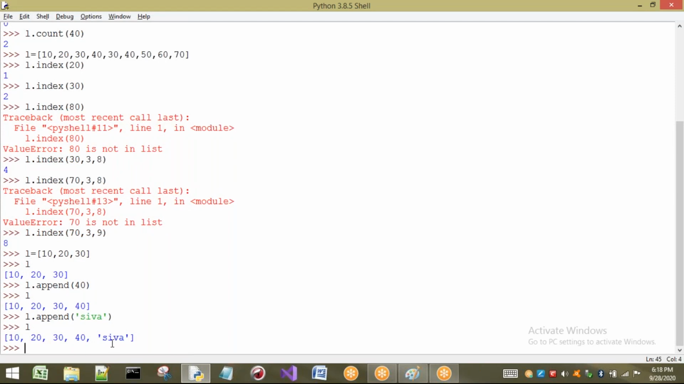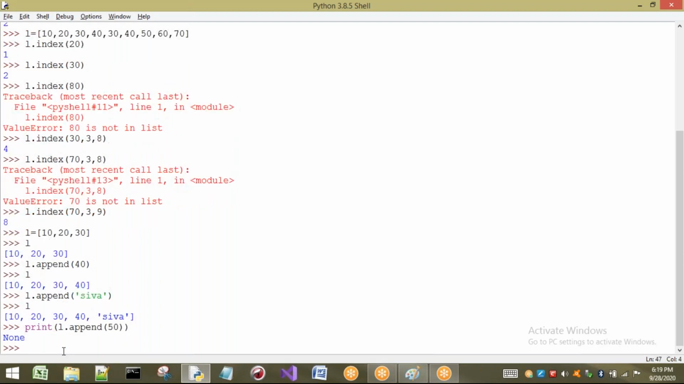Now if I write print, see, if you observe here, L dot index of 30, it is returning an index. That means it is going to return some value. But whenever I write L dot append of 40, is it giving me any value here? Nothing. That means it is going to return None. If you want to see it, I will write it in a print. I am going to add 50. See what happens, it prints None. That means the return type of append is